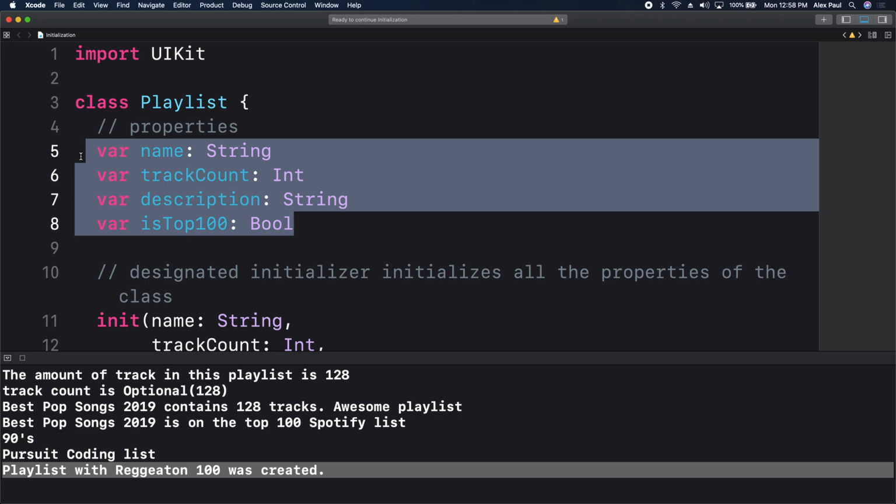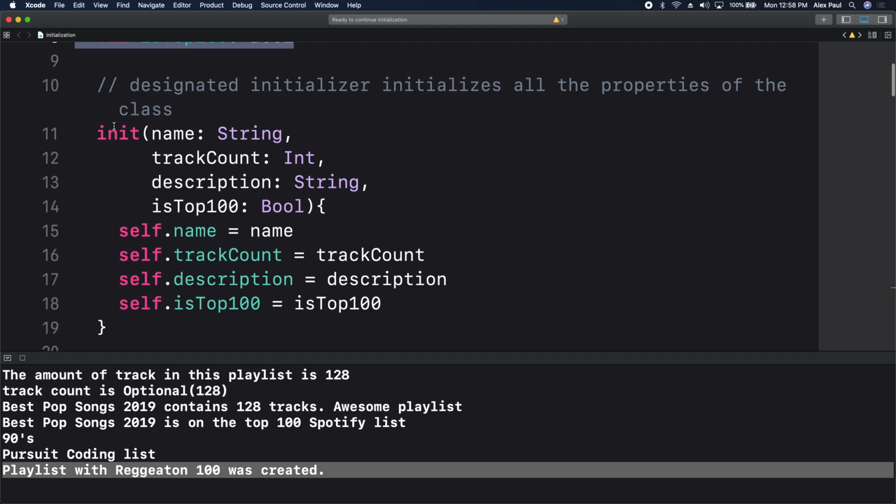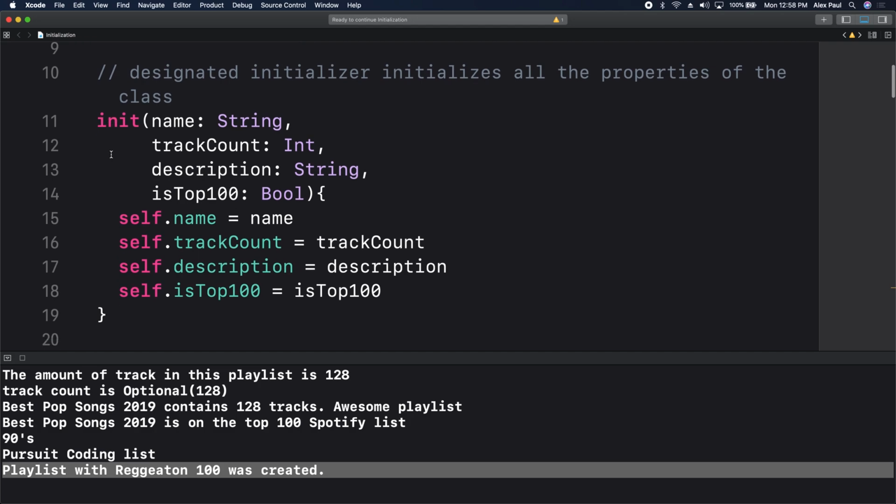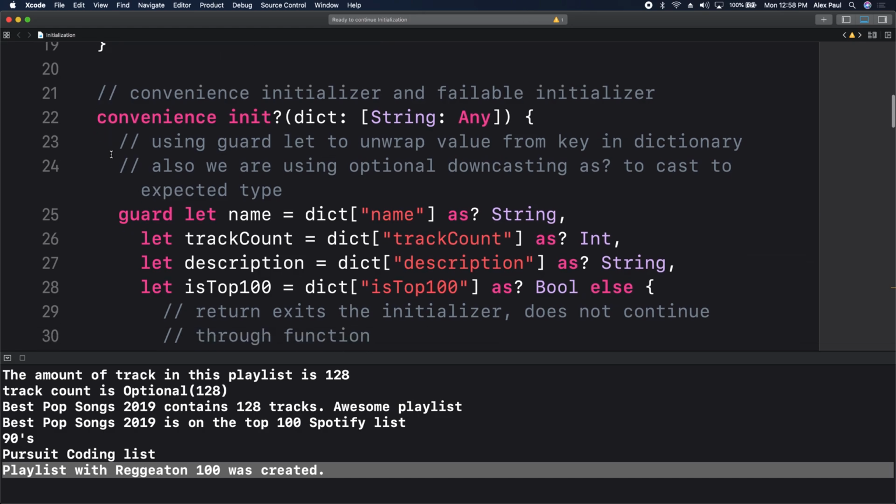We need an initializer. We started off by creating this designated initializer. Our designated initializer initializes all the properties that we have. How many properties do we have? 4. Very good. So here is defined as a designated initializer. That's the terminology for it. It initializes all the properties of the class. Great. Next up,